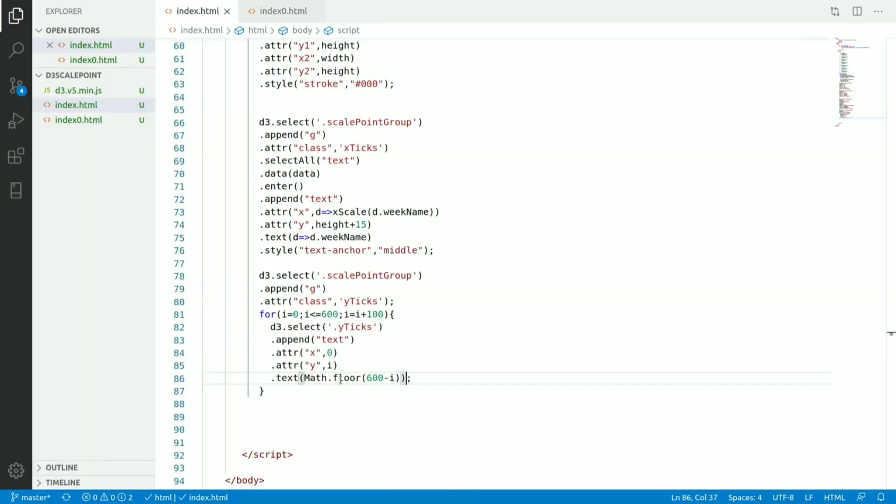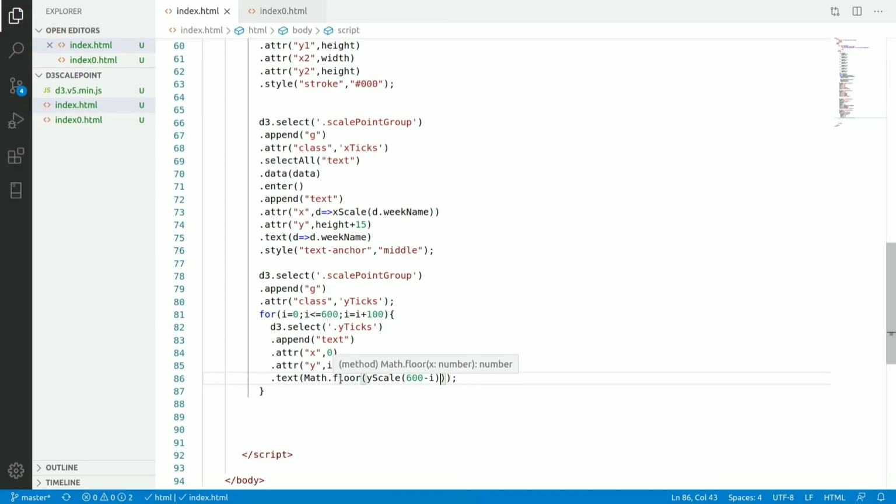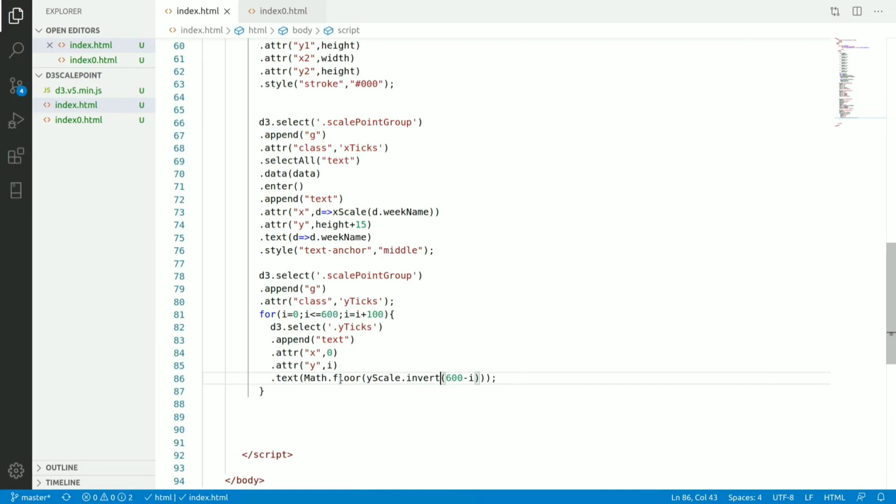Now instead of 0 I want to show the actual value, so I will use y scale dot invert, and here we will pass 600 minus this.